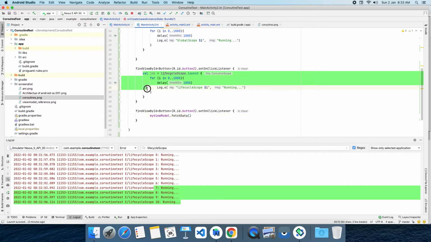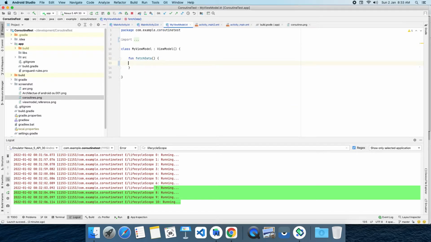I'm copying this entire code and moving this entire job into this view model. Inside this method I'm going to paste this. But here we have a problem: in a view model we don't have an activity scope, but instead we have a view model scope. So inside that view model scope I'm running a job.